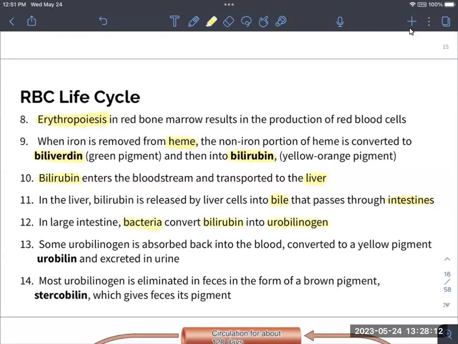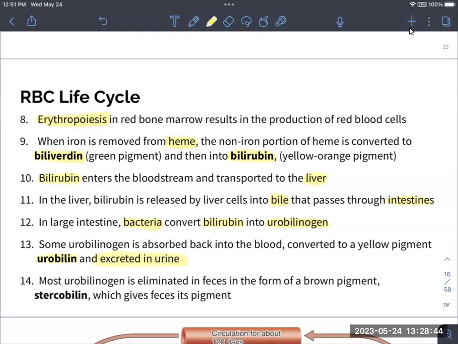We reabsorb some of that urobilinogen back into the blood, which gets converted to urobilin, which is a yellow pigment, and that's what makes our urine yellow. The urobilinogen that we do not reabsorb into the blood, that gets cleaned out by the kidneys, stays in that